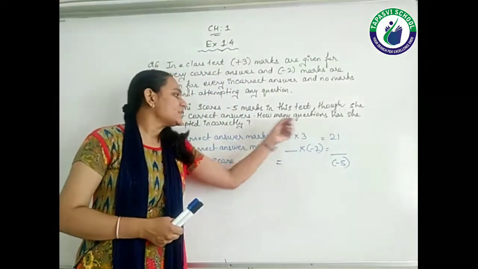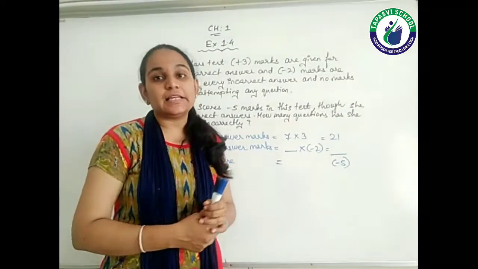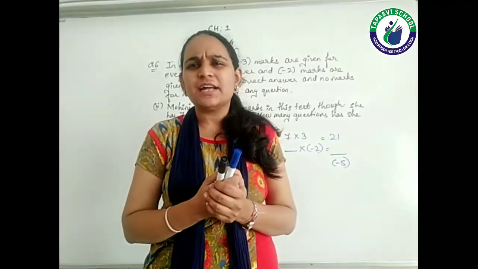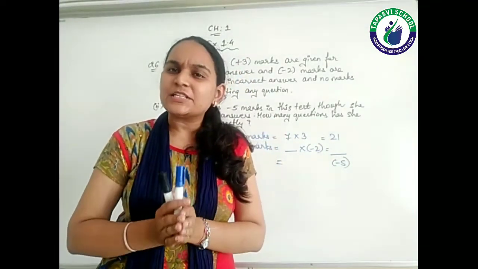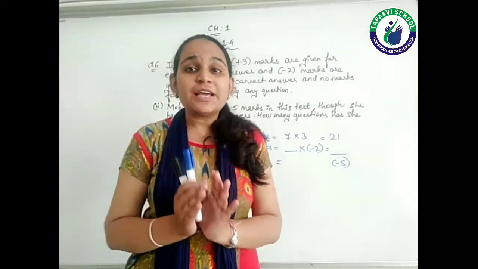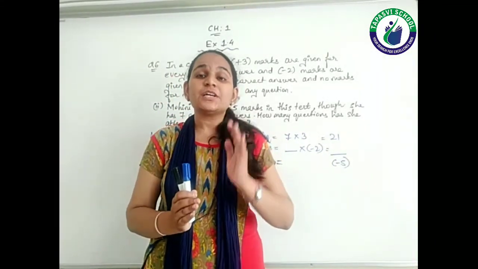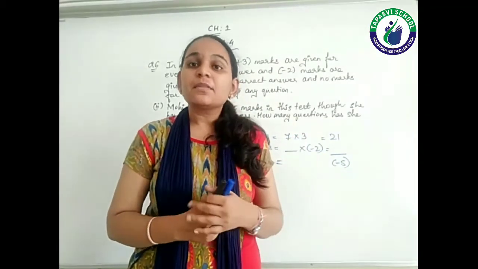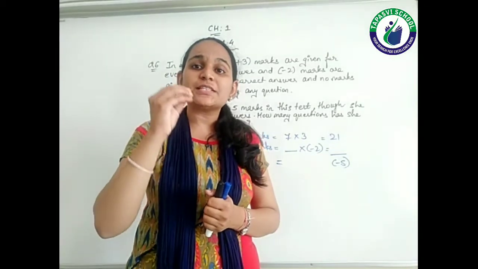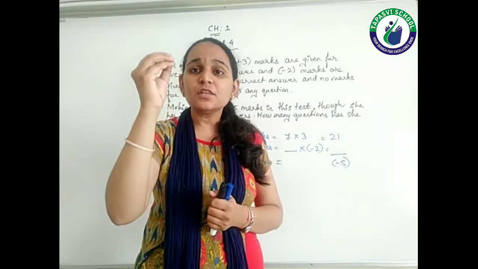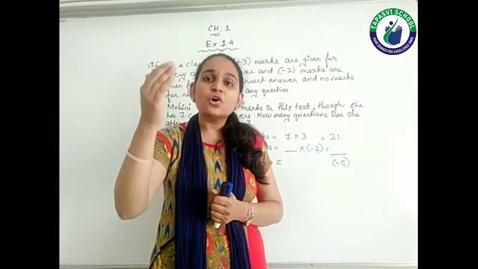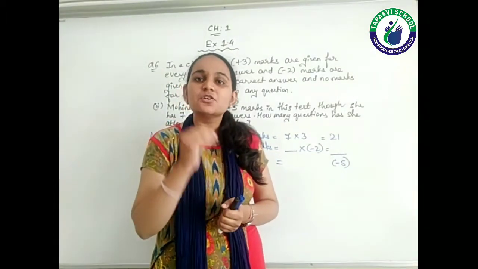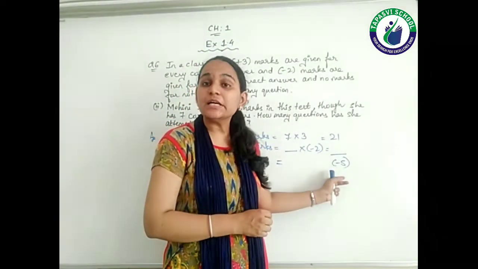How many questions has she attempted incorrectly? Now, obviously students, just have a look. It's all about observation, right? If your answer is coming in the negative, that means she has attempted some right, but the number of questions she has attempted wrong has brought her marks down. That means the wrong questions part is larger as compared to the correct answers. So this is the only reason why the score is coming in the negative.